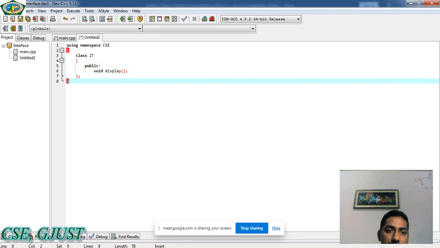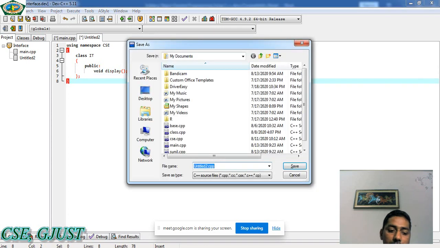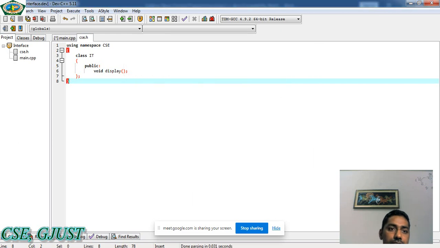So this is our file. The name of the file is csc.h, a header file. There is no definition of any function body.